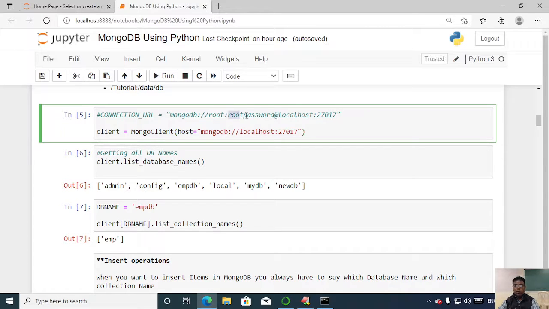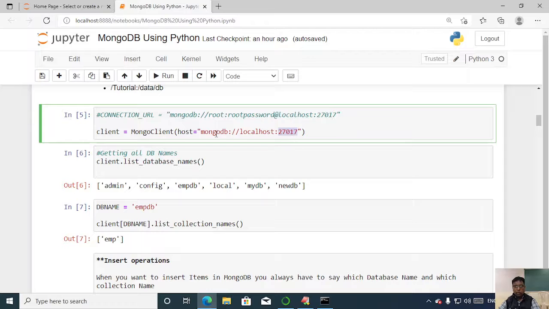The authentication part is required when you are using authentication, a username and password, to access your database. But right now in our case, we are using a local MongoDB database and we have not given any authentication. So directly we can provide the protocol and the localhost. Everyone knows the concept of localhost. Instead of this you can provide an IP address like 127.0.0.1, which is the standard localhost IP address, colon, and then which port I am going to use.